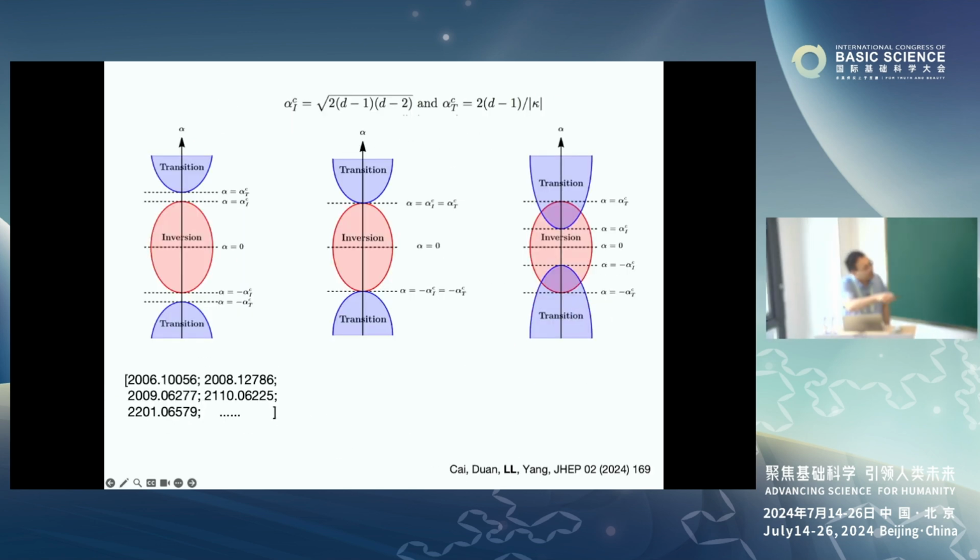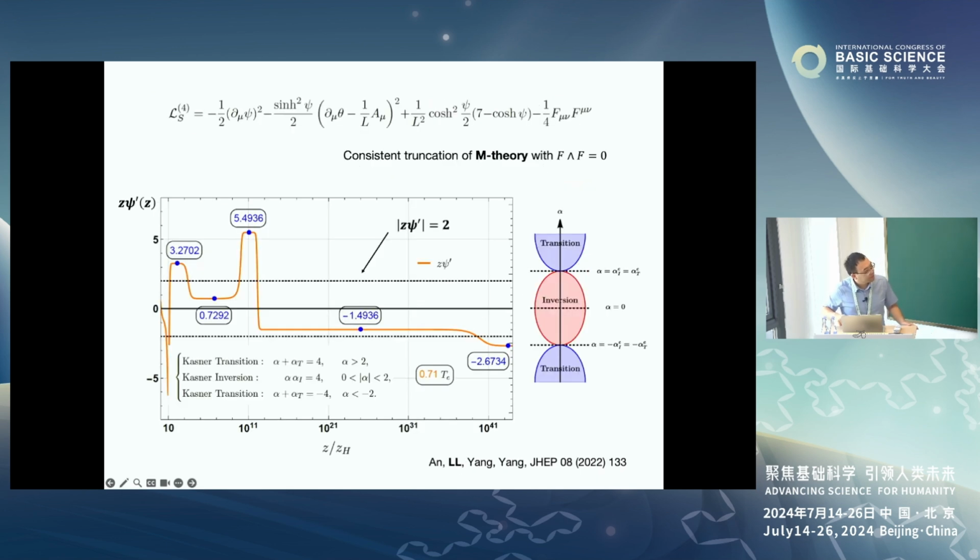And for the second one, I can show you one example. So for example, for this kind of theory, which can be a top-down theory, with a consistent truncation from M theory. This is the form. You can solve this equation numerically. And in this case, because this capital D equals 4, we have this rule, and we can fix kappa from here. So this is a rule for the transformation.